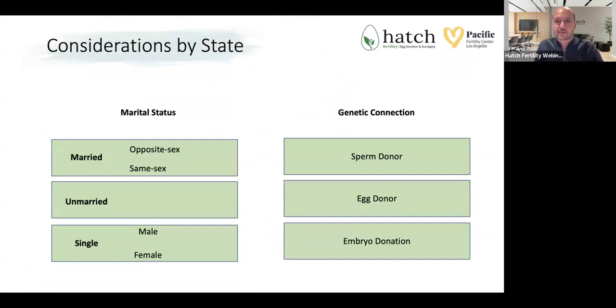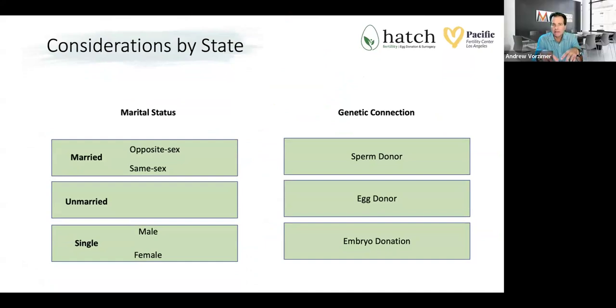This is just what you talked about a bit, Andrew, about what other considerations do we have: genetic connection, marital status, etc. How about our same-sex couples out there, and Andrew? How does it look for them when it comes to available states, etc.? What's the situation there? So we're going to recommend 25 jurisdictions right now for our same-sex couples